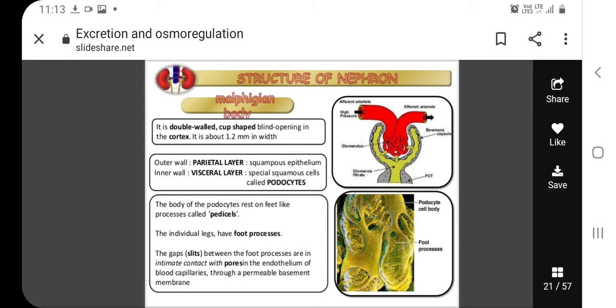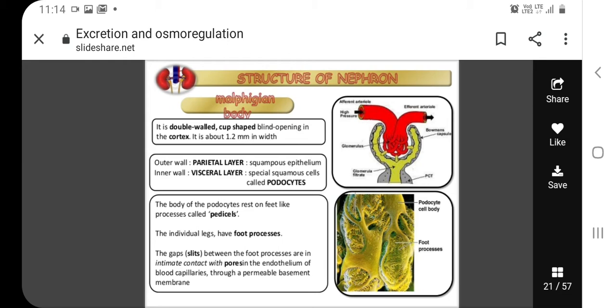Within the glomerulus, the network of the capillary is called the glomerular capillary bed. Once the efferent arteriole exits the glomerulus,